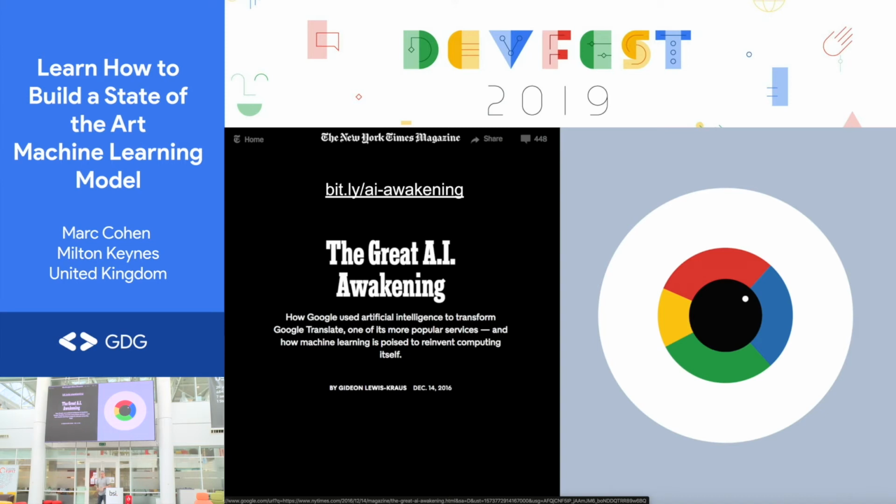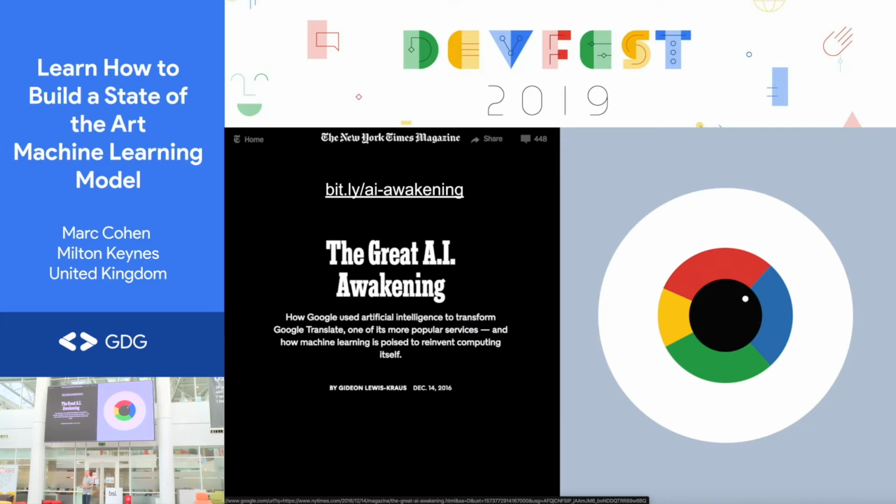This is a great resource. By the way, these slides have sort of Easter eggs: click on the images and go to the articles. This is a really nice article by the New York Times, which profiled the Google Translate team as they were introducing deep learning into their product. It was actually quite a dramatic story, because the engineers responsible for Google Translate started out kind of skeptical, because they'd been working on these hand-tuned statistical models. I think they had 150 different models for language pairs at the time.